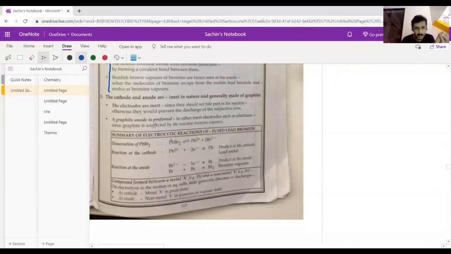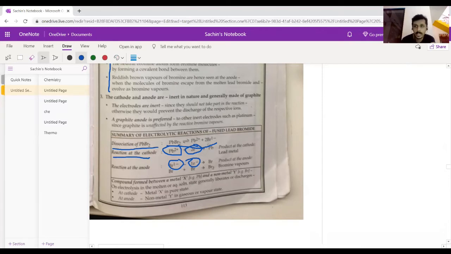Here the overall process is summarized. It's again a repetition: the lead bromide dissociation, and what happens at the cathode. In this whole example, you have to remember this one box. This is enough. Stepwise, you remember: first, lead bromide dissociates, or any ionic compound dissociates, and the cation moves towards the cathode. The anion moves towards the anode. That is firm. And now the cation takes the electron from the cathode and becomes lead, or becomes an atom.